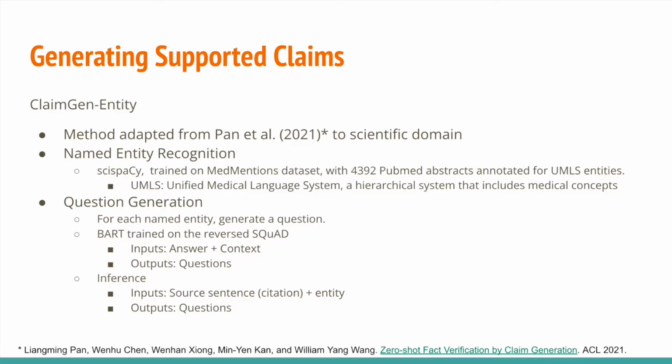The inputs are the answers and the context of SQuAD, and the outputs are the questions. So this is a reversed way to use the SQuAD dataset. After training BART on SQuAD, they perform inference by taking the source sentence, the citation, and the entity as the input, and the output is the question.